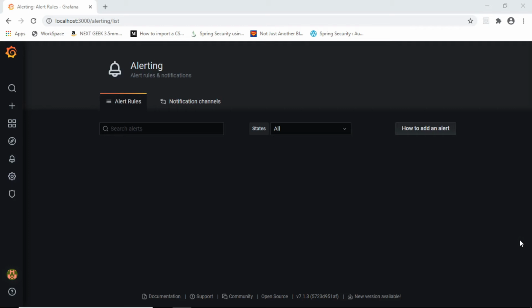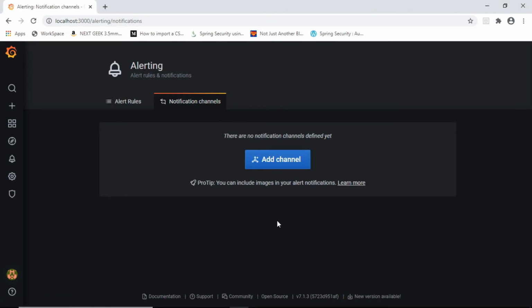Say I have a store database, and I want to make sure that whenever a particular product's quantity goes below 10, an alert is generated so that the store manager can take a call to refill the product inside the store, so that the limit is always intact. So this is the role which the alert will play during your Grafana configurations, and that can be done by using this notification channel. A notification channel is a way by which you will be able to notify the users about the alerts which have been generated.